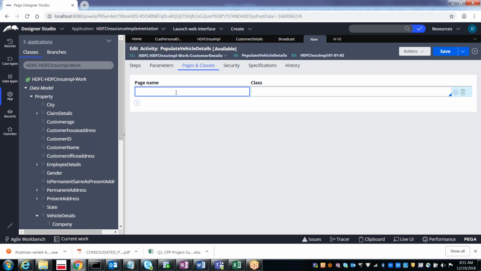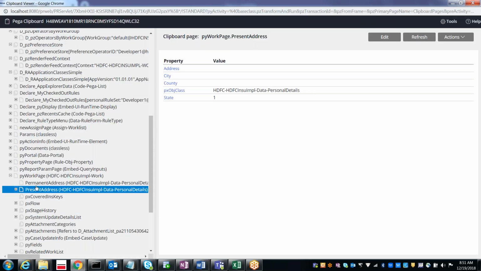So those things you can specify from the pages and classes. Here we need to specify the page name and then the class to which it belongs. Right now if you take the PY work page, this page is referring to which class? HDFC insurance implementation work. Work, exactly.